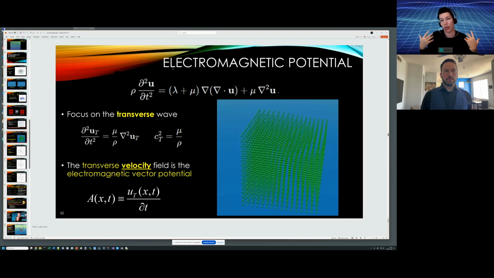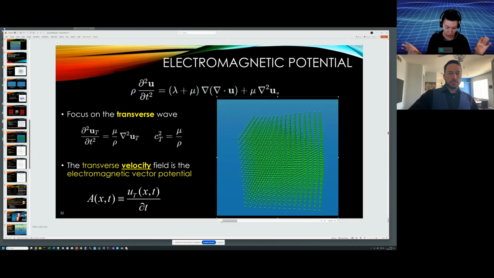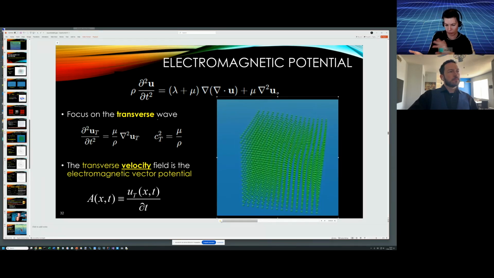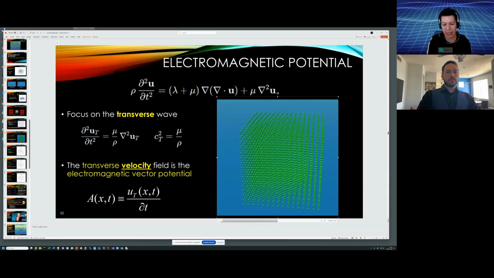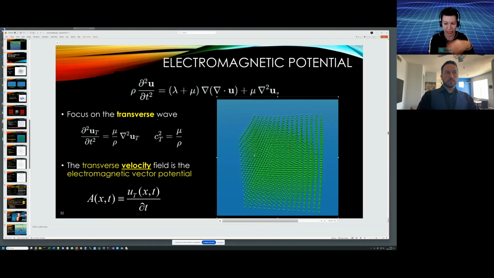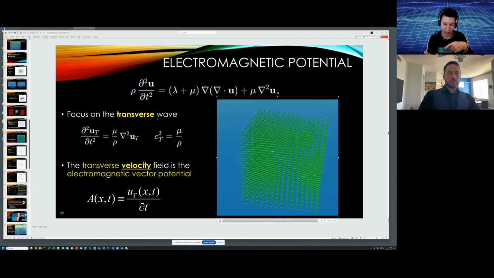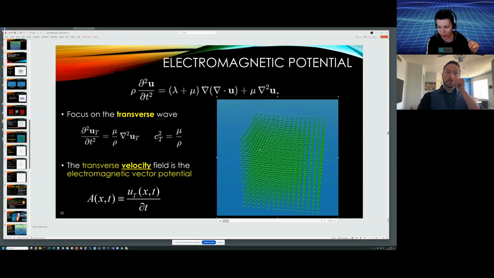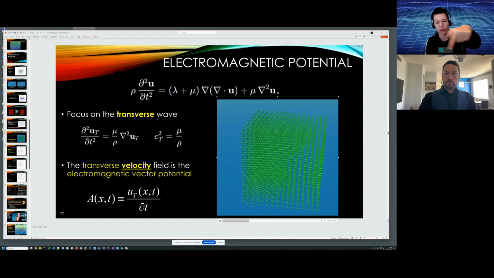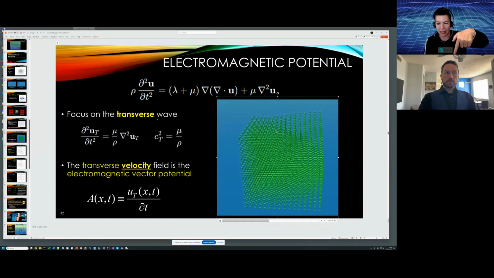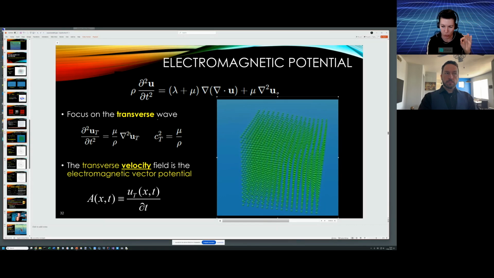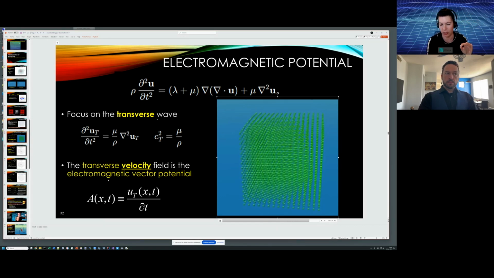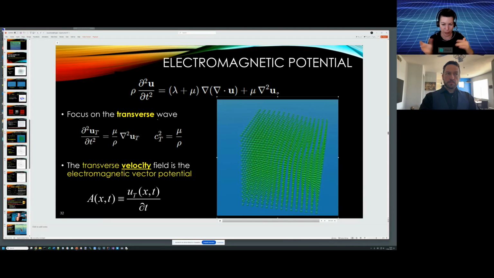the question then is, what is the electromagnetic potential in this elastic solid? We have talked about the Helmholtz decomposition, so let's just look at the transverse part right now. We just forget about the longitudinal for a moment. Now, here's an example of a motion that's just transverse. It's actually spin 1/2, but I'll show that later. Anyway, you can see how these grid points kind of wobble around in a circular fashion, right? And now let's look at what happens to one particular grid point in terms of the velocity field, and how do we get E and B out of this?